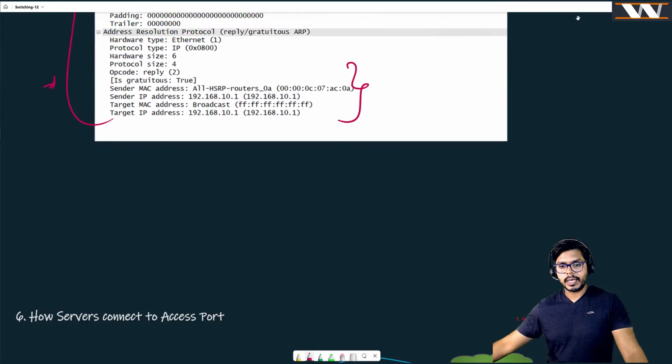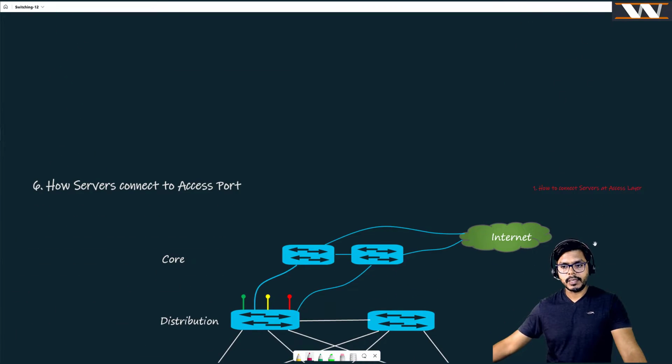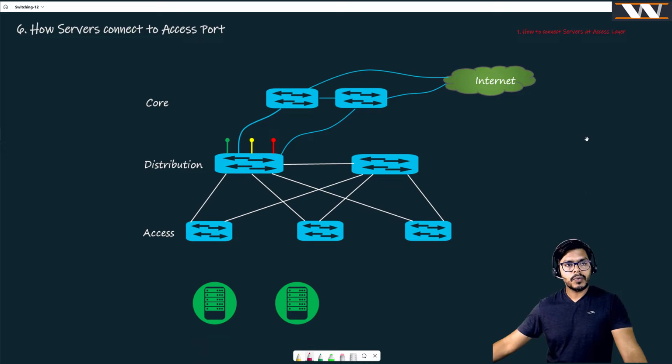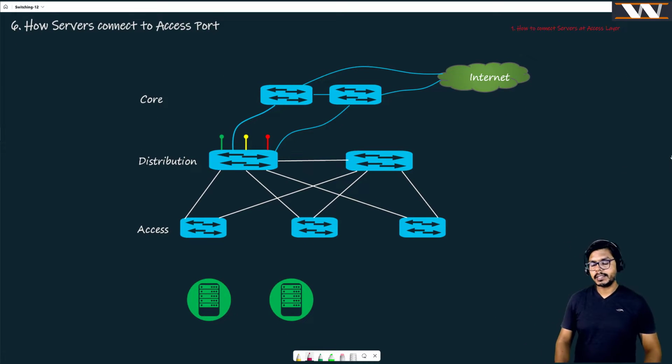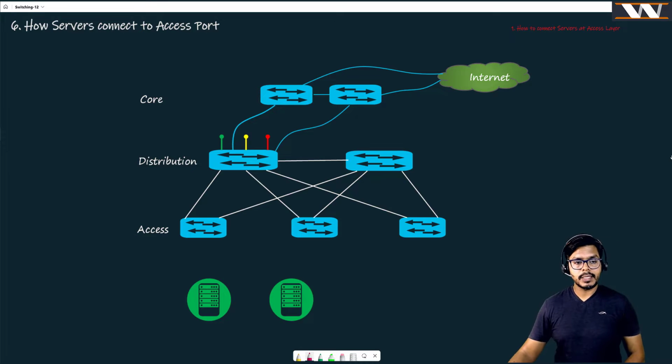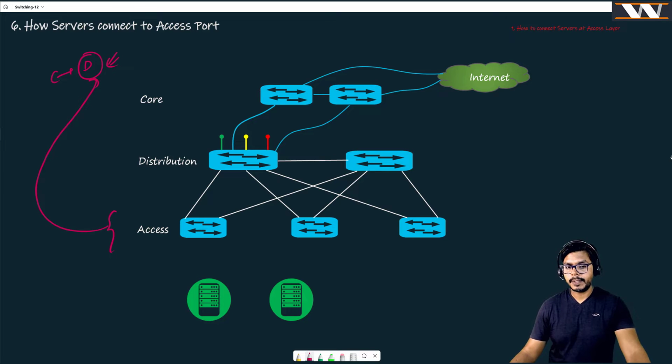First topic of today is going to be how we are going to connect servers to our access ports, right? These are my access switches, and believe me, we are moving from campus network towards the data center. Now we are talking about servers and only servers. That is perfectly fine if I connect a server like this over a single wire, but you must be